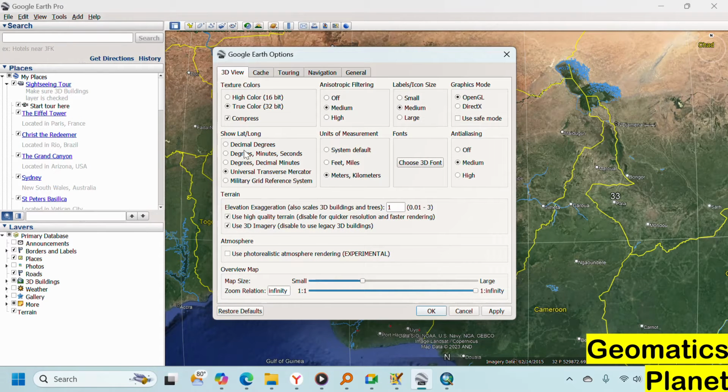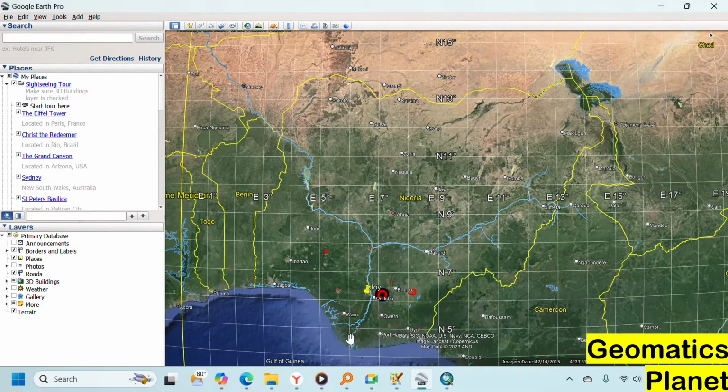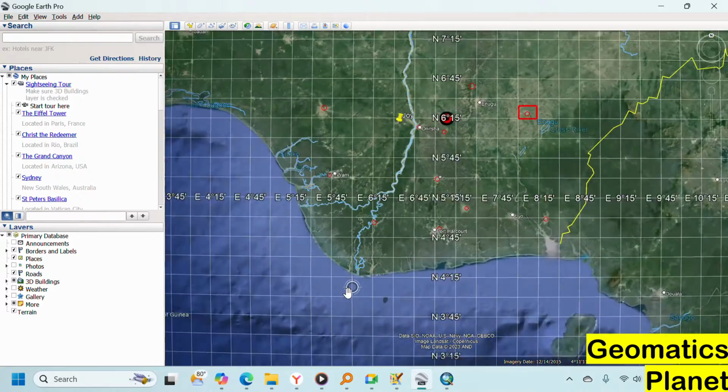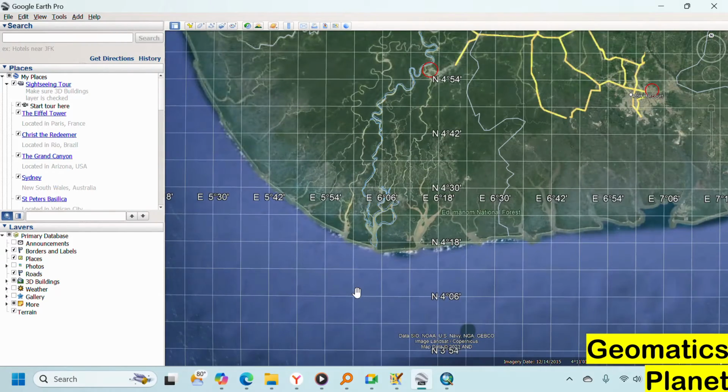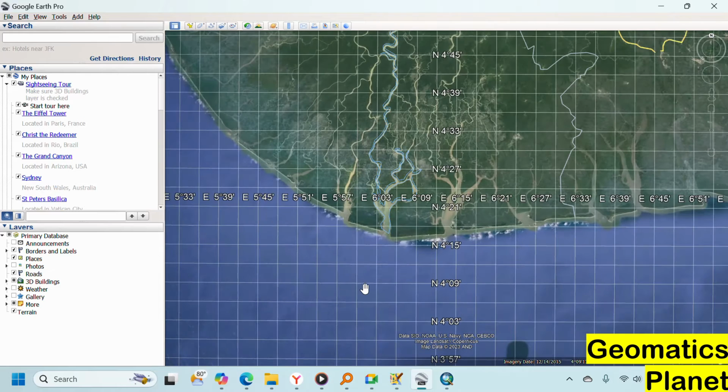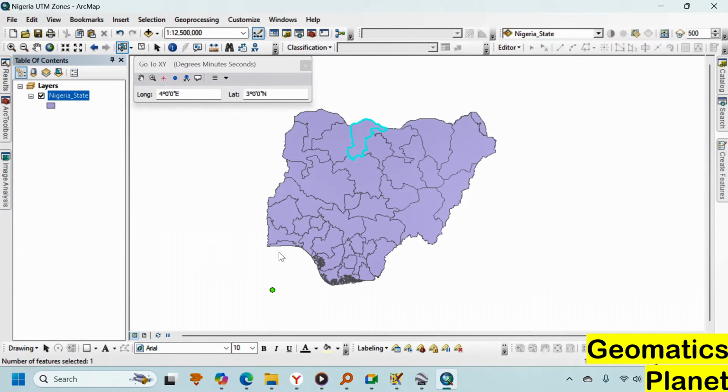So if I change that to degrees, minutes and seconds and press OK, you will see that this line that crosses Warri here has this coordinate. If I zoom very close, you see that Nigeria here in the east part, this is 3 east, because I want to use this 3 east as 3 east. So if I put 3 east here, because this is 5, now 5 is here, and if I want to use this one in Warri, this is the north, this is the east. So if I return back here, and in the east here I put 3, and I put, for example,